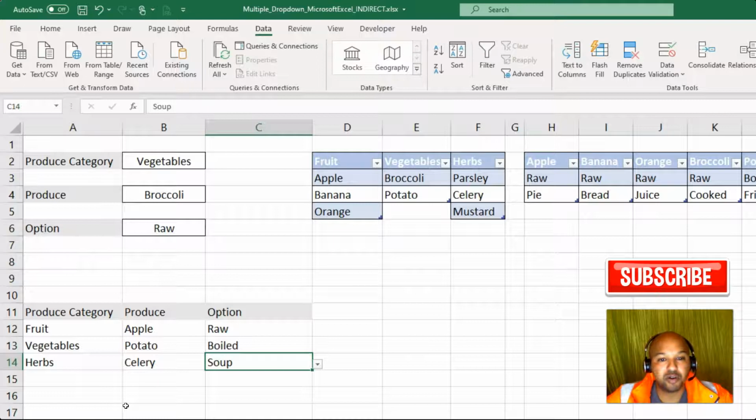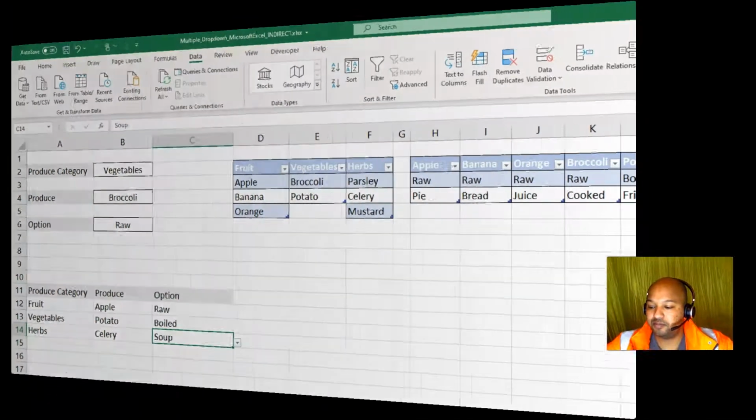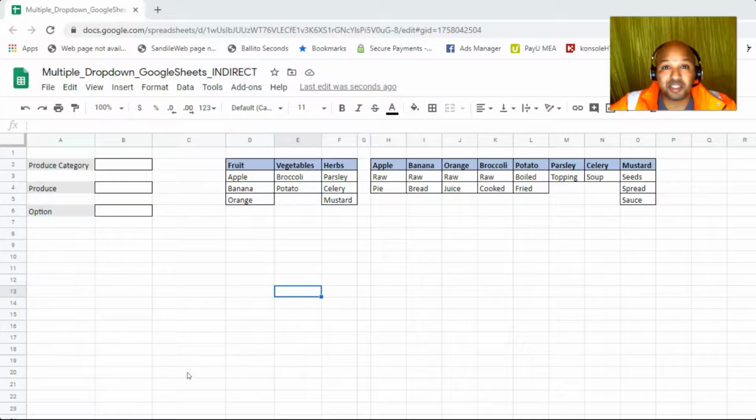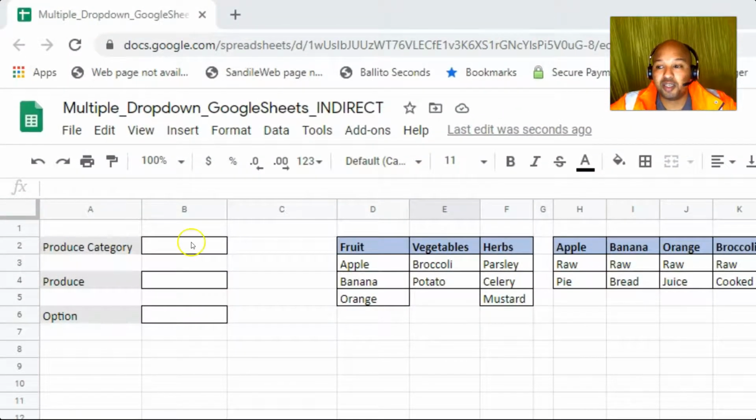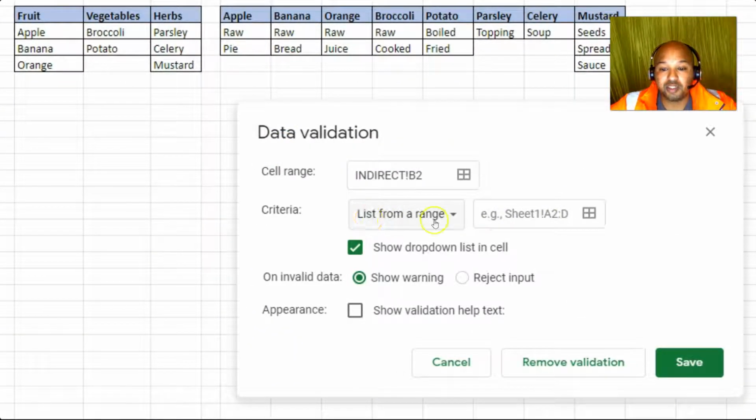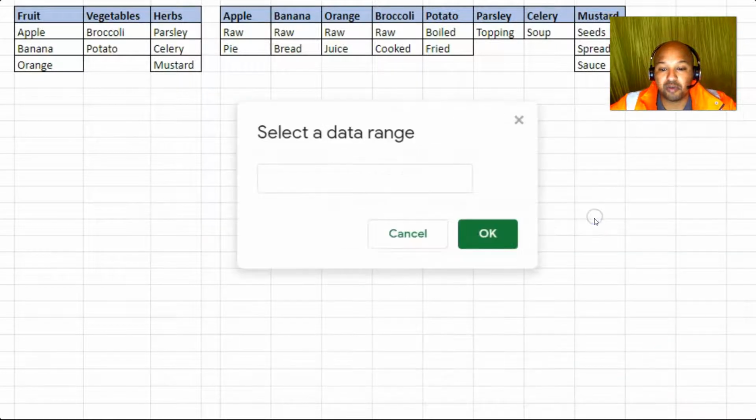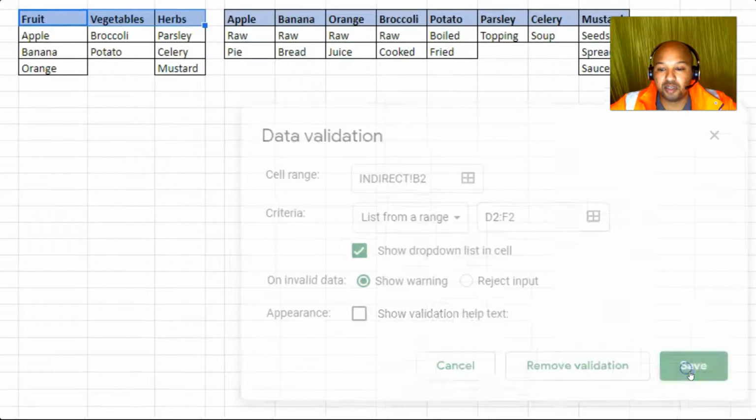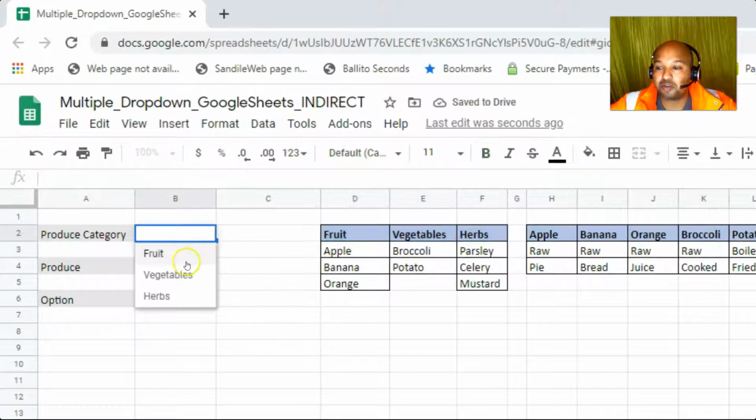Now let's take the same scenario and create this within Google Sheets. So here we have an example exactly the same as before within Excel. Now it is in Google Sheets. What we need to do here is place our first drop-down list, which is the easy part. So we will select B2, click on data, then select data validation. Then we will select list from a range. Now the range we need to select here is fruit, vegetable, herbs, just as we did before. Click OK, press save. Then we should have our list of options. Yes, we do. Fruit,